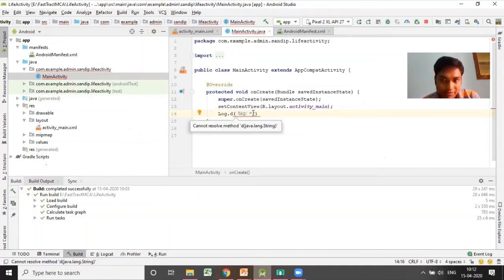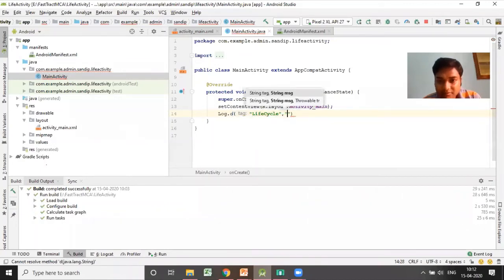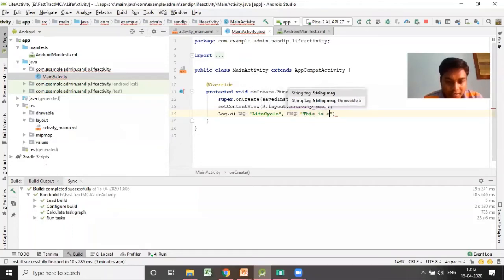What is the working of this function, that I will describe. First I'm writing the tag. For the tag I will write "life cycle", and the second one is the string. That string will appear. Okay, this is the "on create method". Now semicolon.